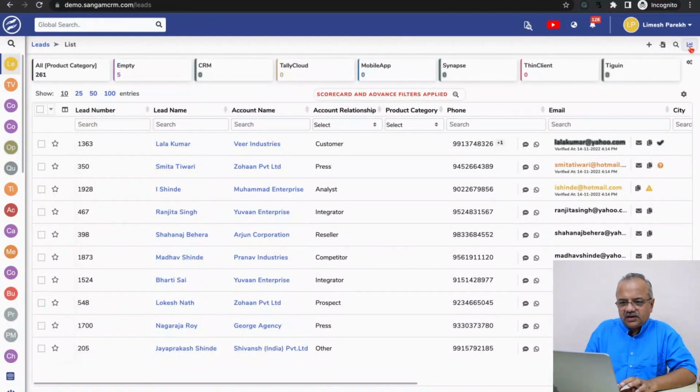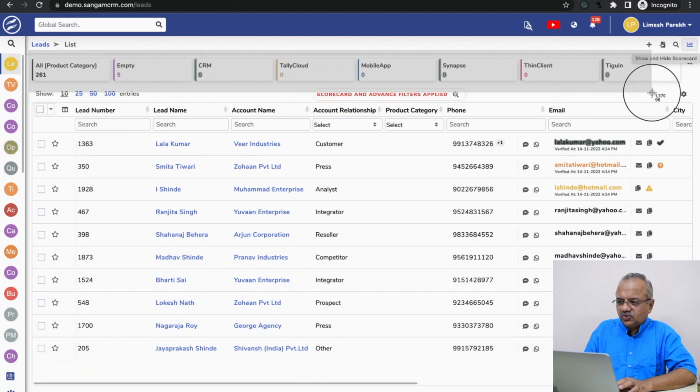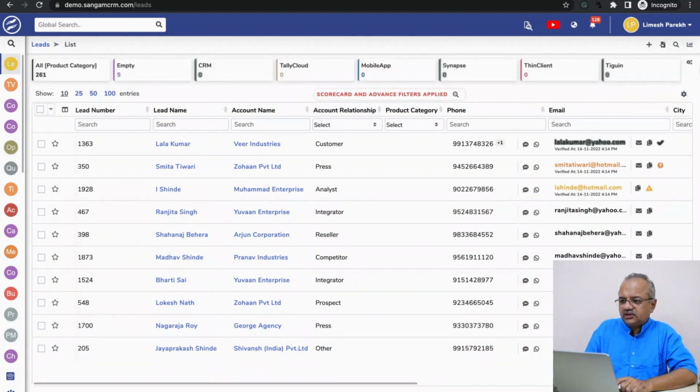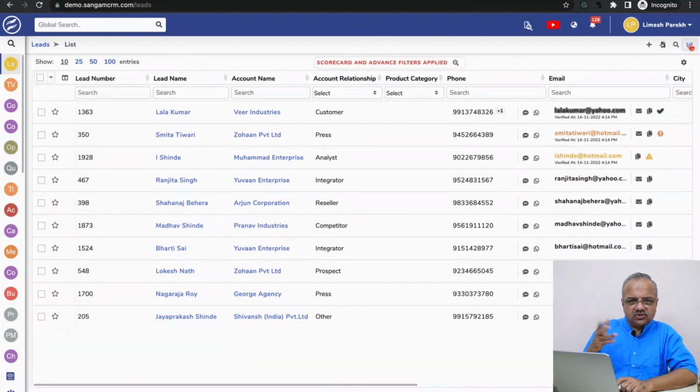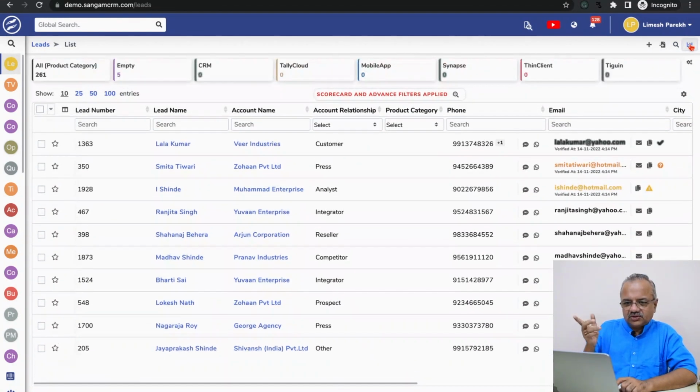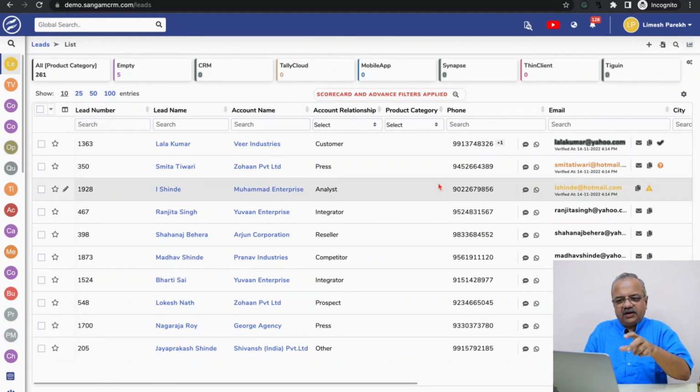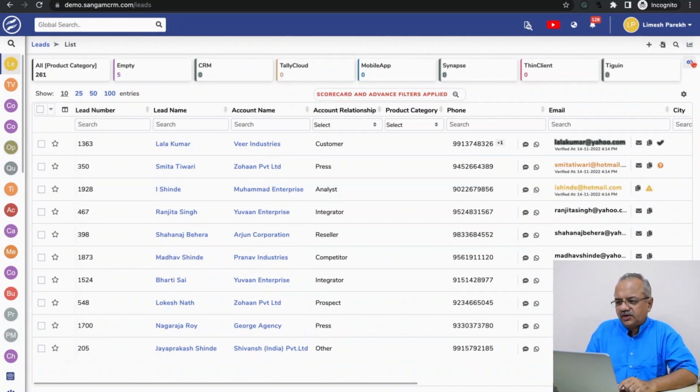And the last icon, the whole row you can see at the top is called a scorecard. All this is the scorecard. Whether to display the scorecard or not is defined with this button. If I click this, the scorecard disappears. If I click it again, it appears again. The idea of the scorecard is that the data displayed on the screen is grouped on the top. If I click here,